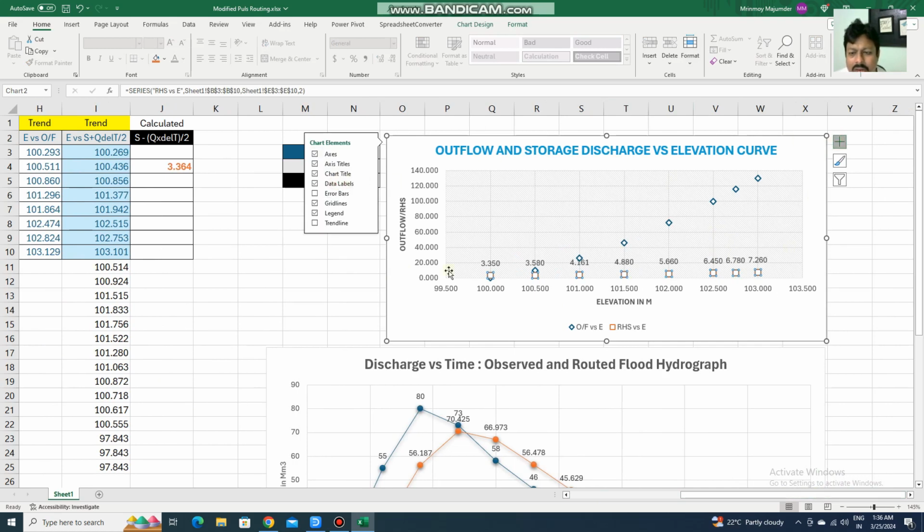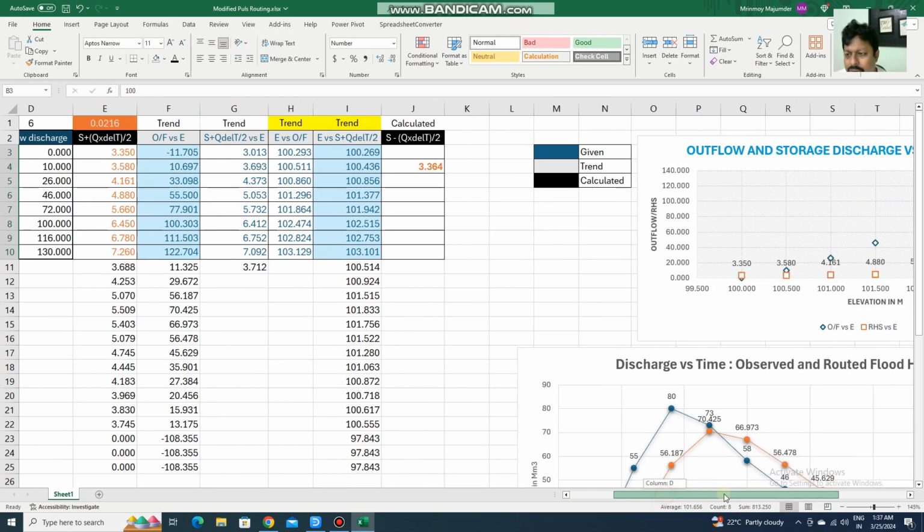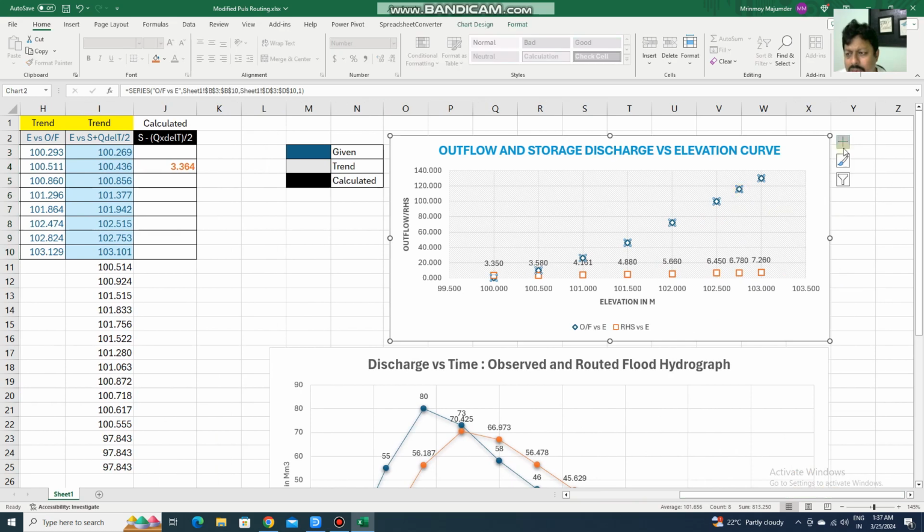Let me turn on the del T. You see, these are the LHS values 3.35, 3.580 and all this corresponding to the elevation given. And another curve to draw, it is Q. Discharge is also given, and elevation is also given. Same elevation. So you draw another curve. This is the Q versus elevation curve. So both the curves have the same base elevation,